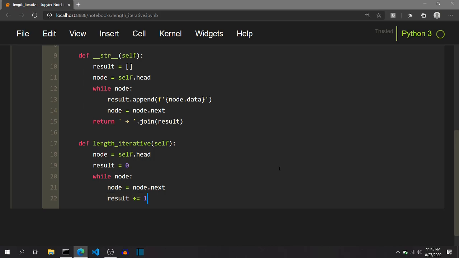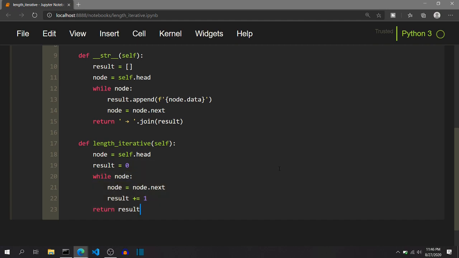So this is a simple processing of the node. That is, we are not doing anything with the node's data or anything, but we are just considering its not none value and incrementing the result. And after the while loop breaks, we need to return the result.